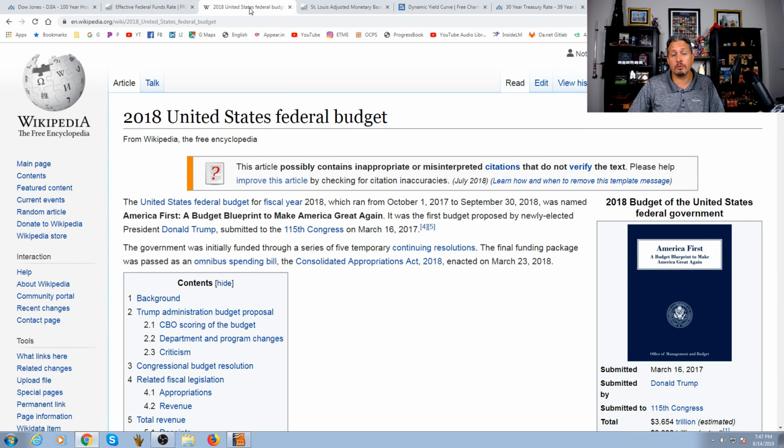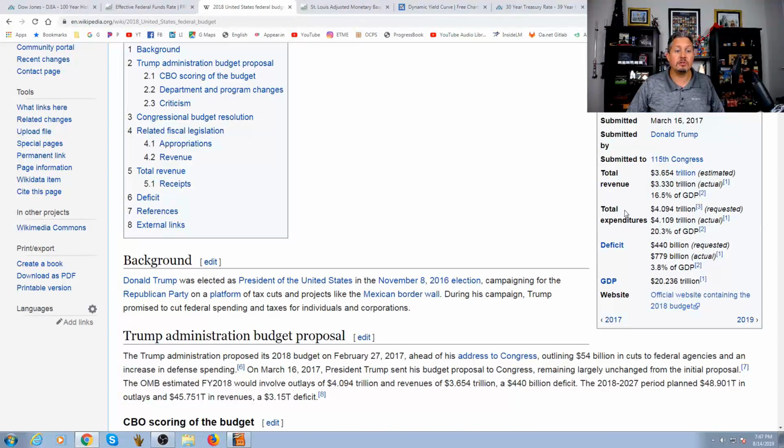So just in case any of you were thinking that I'm not actually being legit about this, here's the 2018 United States federal budget. And you can see right in here where it says the actual revenue of the IRS was 3.3 trillion. And the expenditures, that's the bills, was 4.109 trillion. And so that made a $780 billion deficit. And you can easily just look up the national debt. I don't have to look that up for you. Everybody knows it's like 22 trillion. So yeah, I did use real numbers, right? I didn't fudge that at all.